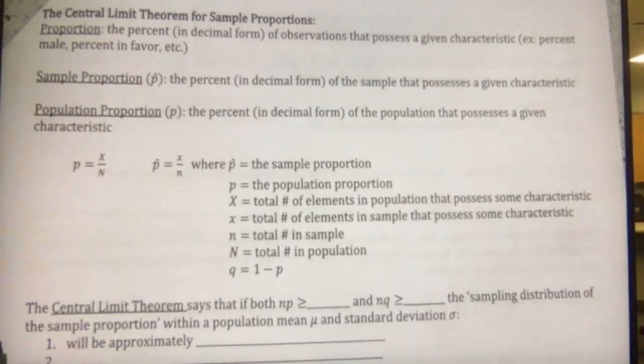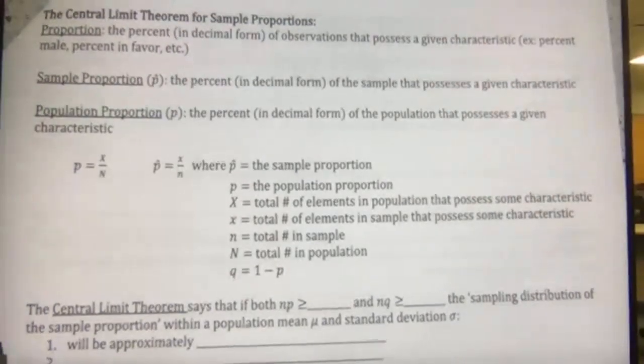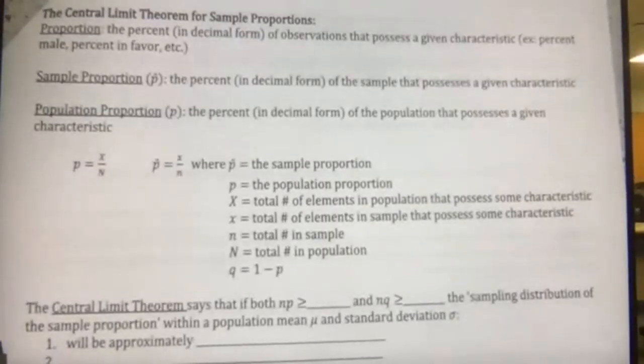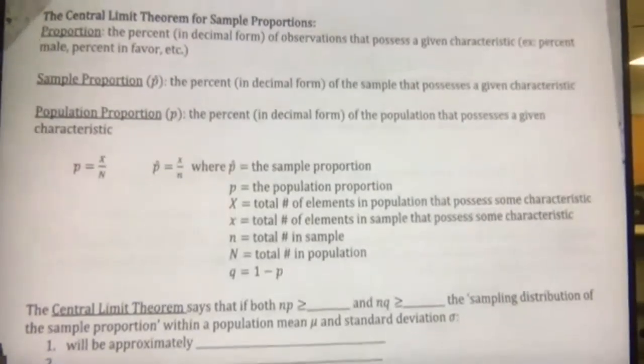All right, let's go ahead and wrap up the second half of this chapter. So we've been talking about sampling means and all that good stuff. Now we're going to talk about the central limit theorem for sample proportions. So same exact thing, but instead of a sample mean, we have proportions. Remember, proportions are just percents,